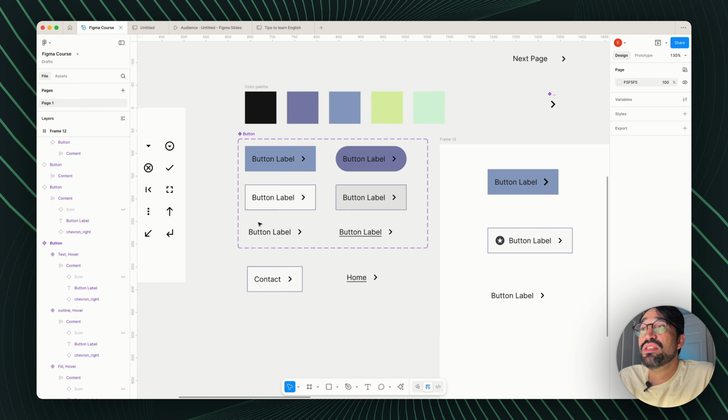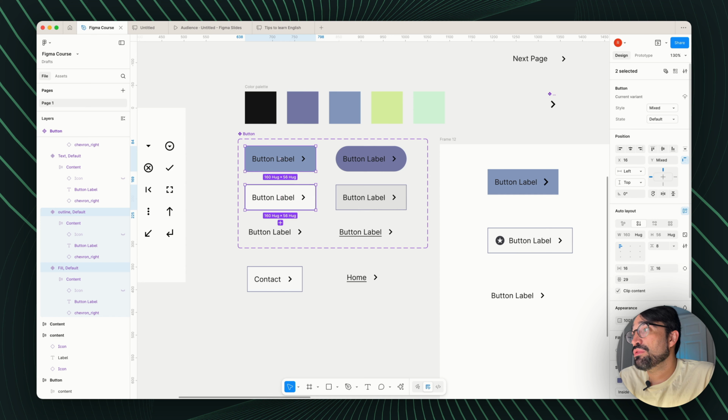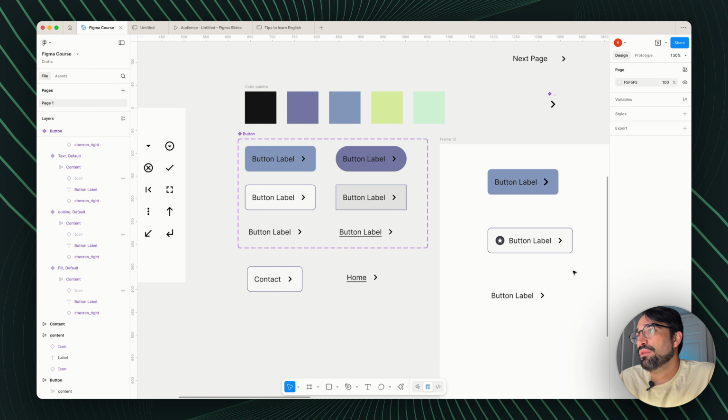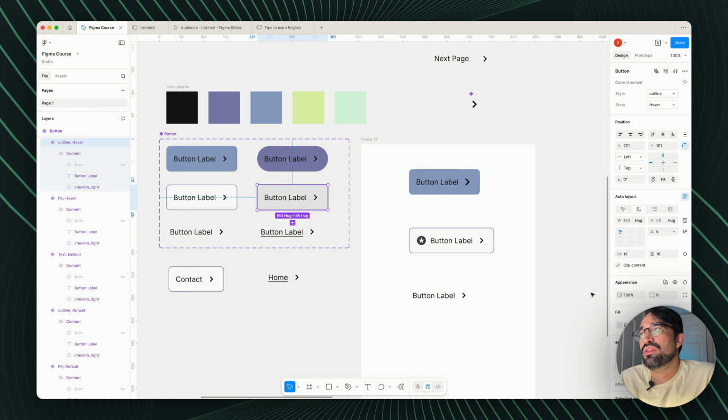Note that because these are components, if you make changes to any of the components, these changes will affect all the components everywhere in your document that you have them. For example, let's say that we want these buttons to have 8 pixels border radius. If you change that, all the buttons that you have on your document will be updated accordingly. So this is very handy,